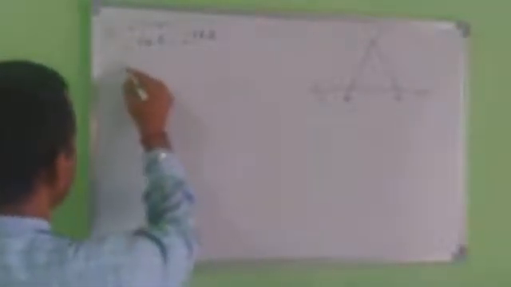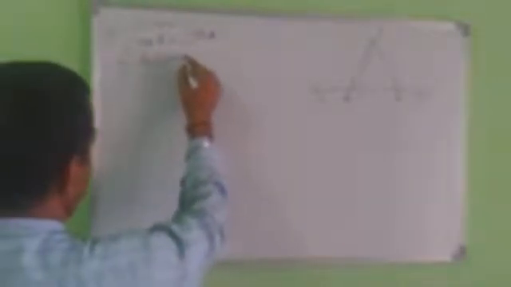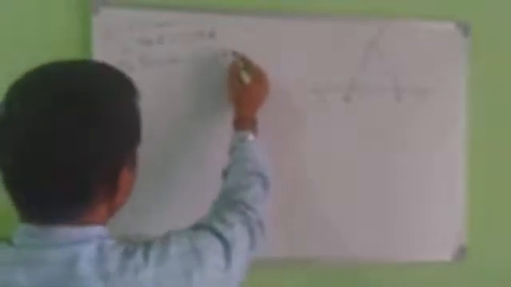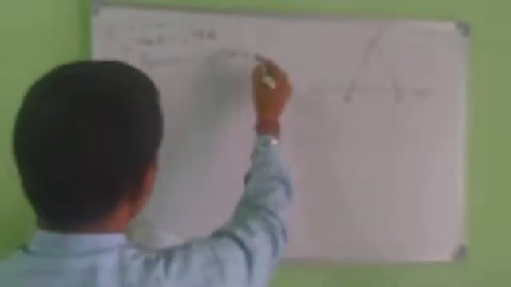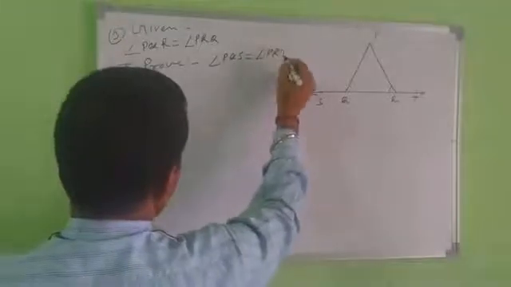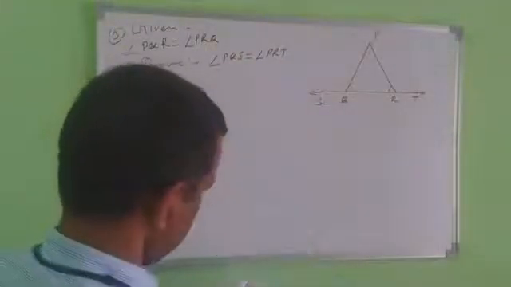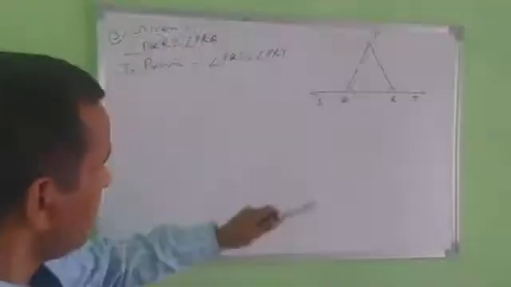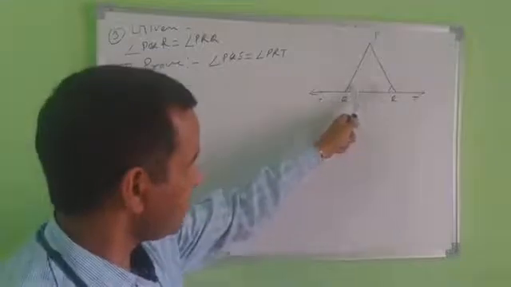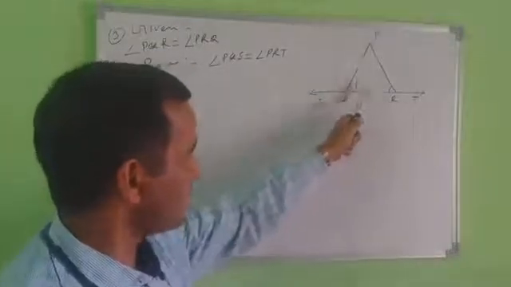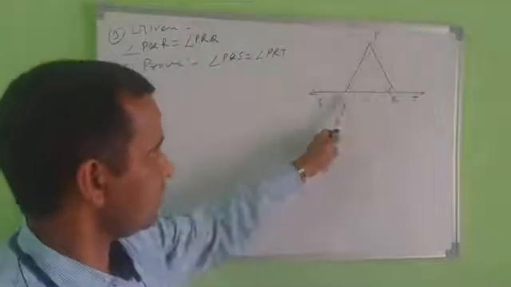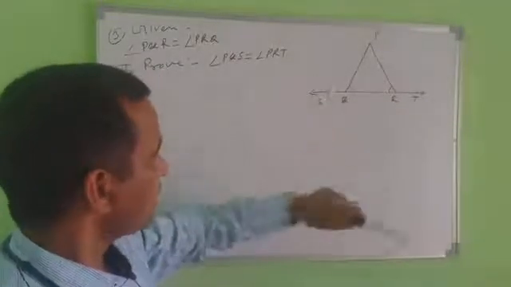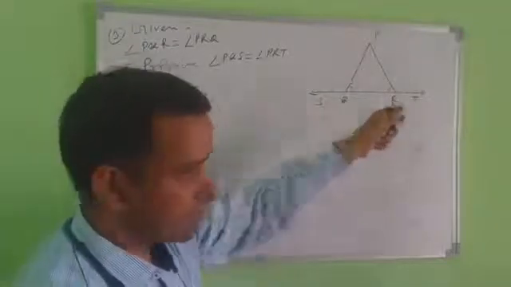And to prove that, you will write as the to prove: angle PQS equal to angle PRT. So then you will solve this question here. First of all, what is given here? Angle PQR and angle PRQ, both angles are given here. This is the symbol already mentioned here. And what we have to prove is this angle and this angle.